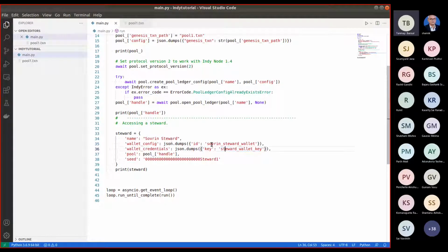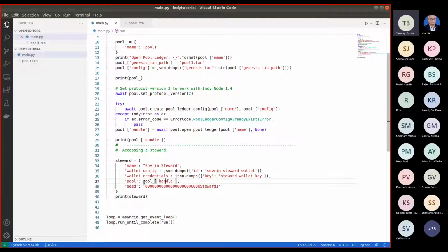So we'll be creating a wallet with the sovereign steward wallet ID and this key, and this steward will be using the pool handle, the pool that we connected. And this is the important part, the seed. This seed in Indy is basically something with which, if you generate a particular DID with a seed, then the private key associated with the DID's verification method is generated according to the seed, and if you use the same seed, you will get back the private key.